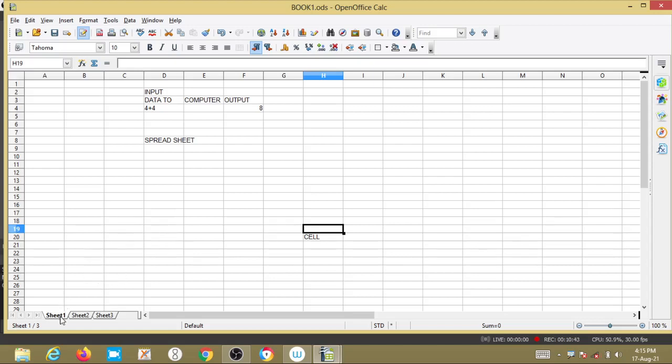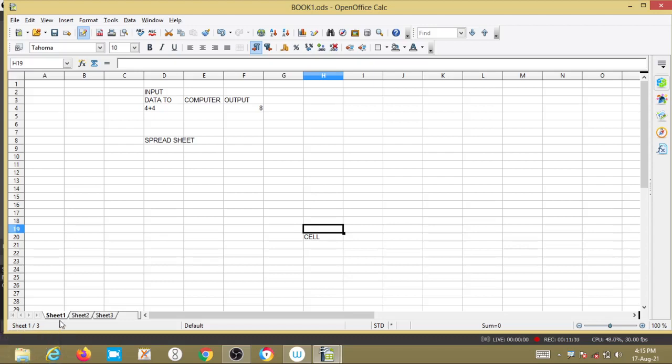Each worksheet contains columns and rows. So these are the rows, these are the columns, right? A number of worksheets is called a workbook.